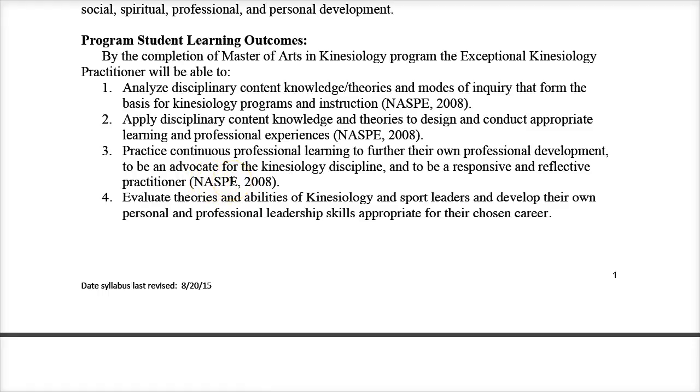These standards are from the advanced standards. We use that particular document to develop our program student learning outcomes because those standards are for physical education teachers who are in a master's program. And so I kind of modified the language a little bit for our grad program